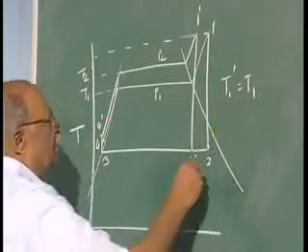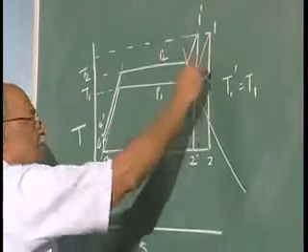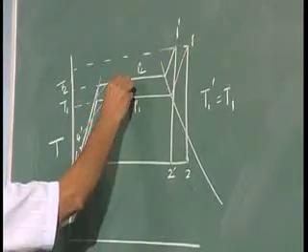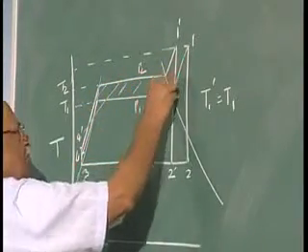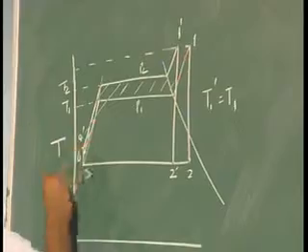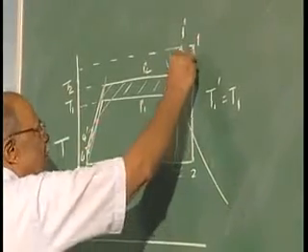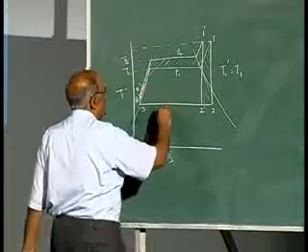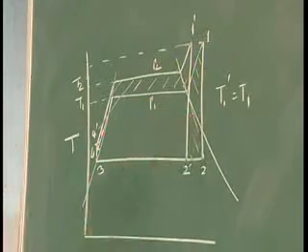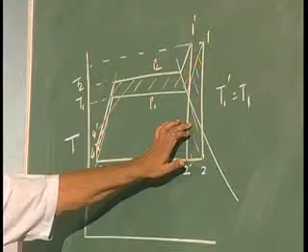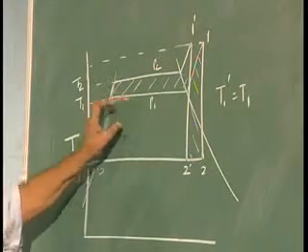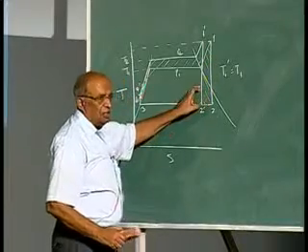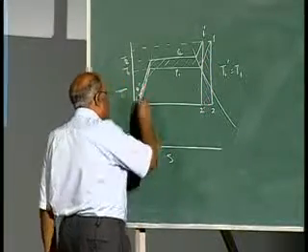We find that the work done in this cycle increases by this area, whereas the loss in the work is given by this, and that shows that the total work done in the two cases is almost the same. Whatever is the gain in work done is equal to the loss in work done in the two systems, but